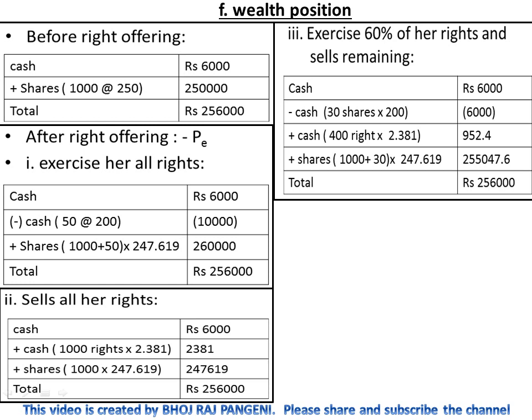If she exercises 600 rights, that is 600 divided by 20, she purchases 30 shares from the company at the rate of 200, so she has to pay the cash balance: 30 shares into 200 per share, that is 6000 less. And if she sells the remaining, that means 40% of rights,